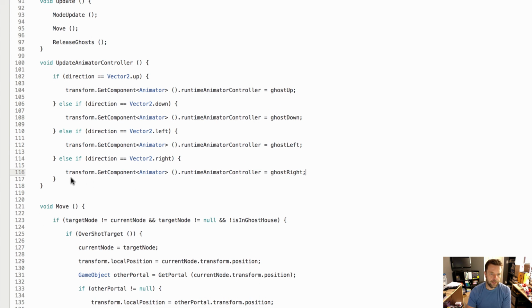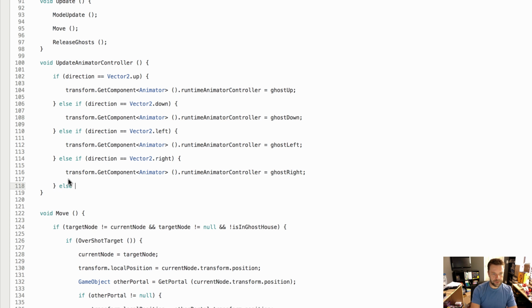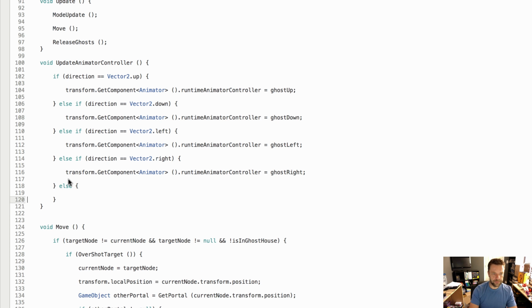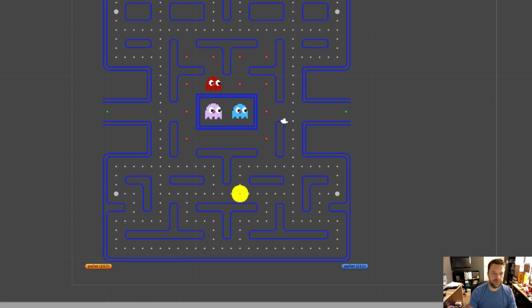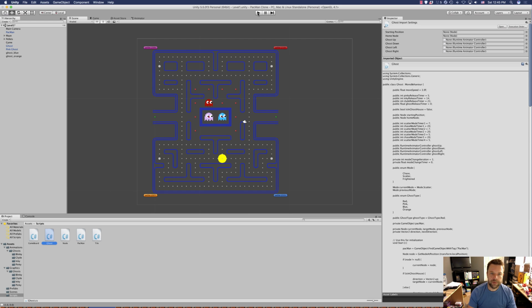There we go. Oh, and for any other state of direction, so if it's like Vector2.zero, for instance, we're going to set a default of ghost left, just if our ghosts aren't moving at all, which is only if they're in the ghost house. So they'll be looking left in the ghost house. And that is it. That should animate all of our ghosts. So we've got that saved. Go into Unity, press play,